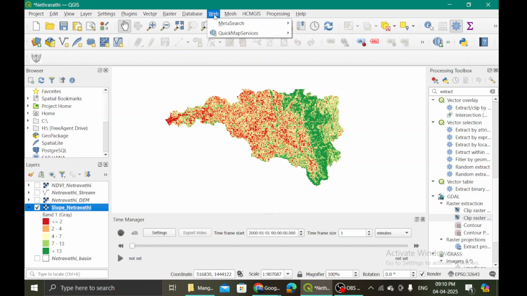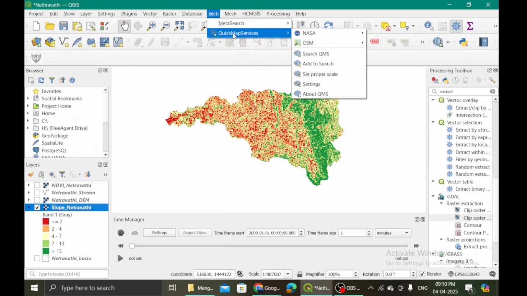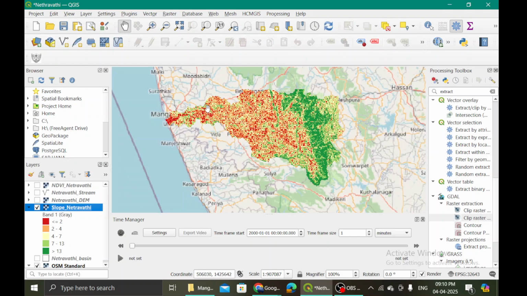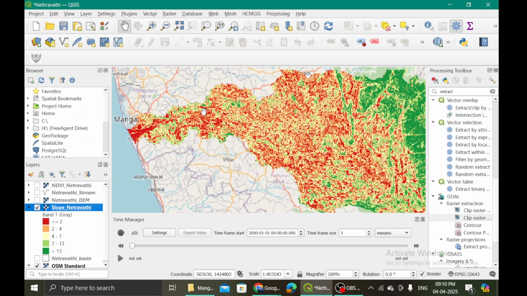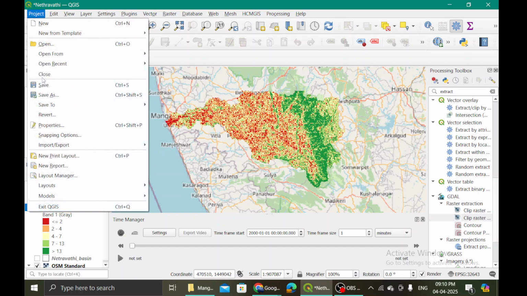All right, so we will go ahead and make a map. You will see Web over here, and go to quick map services, under which you will have OSM, and choose this OSM standard. Okay? So this will set your base map. Now we will start making a map. We'll come here to the project, and within project, say new print layout.